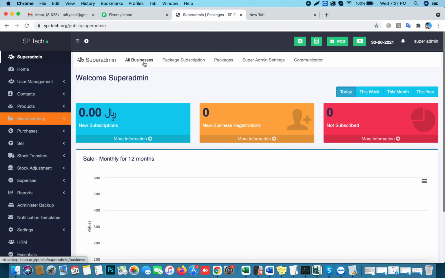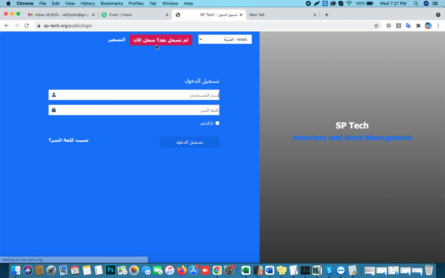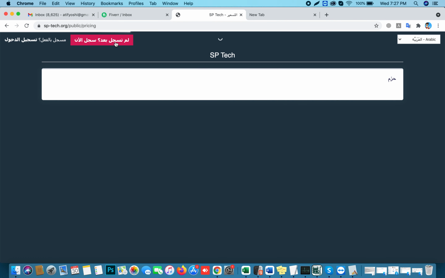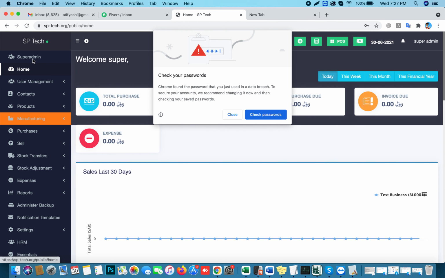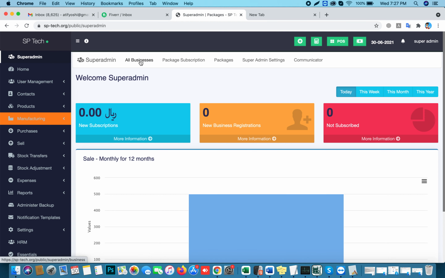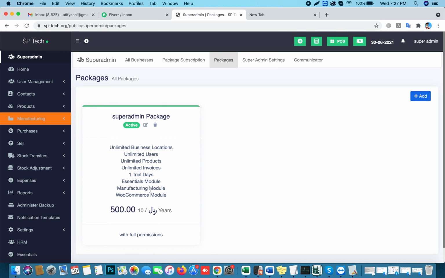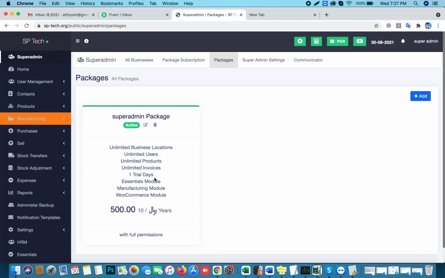and then check all of your packages. Right now we check what our present packages are. So these are the package details, and no package is present. So what you have to do is first create a business package for your customer. I log in to your account, go to super admin and then packages. Okay, for example, I created one package that is applied on your super admin, and this